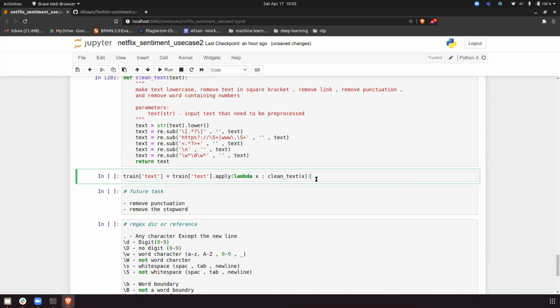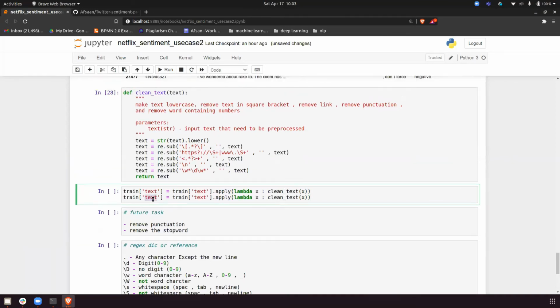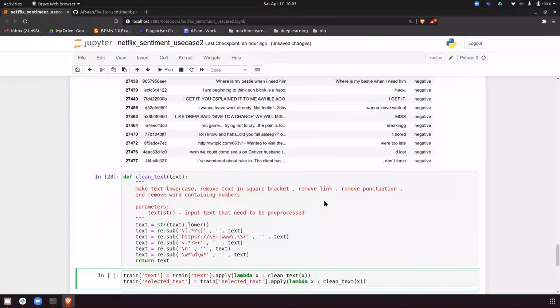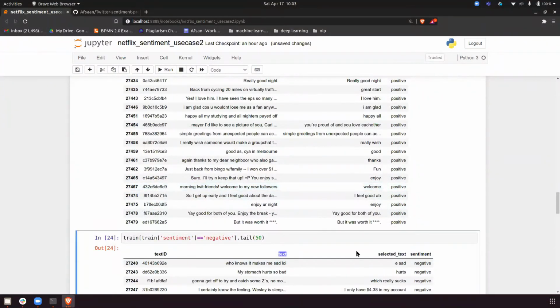So this is one way, and this is text, and this one will be also selected text. So basically I'm cleaning both the columns. One is the text that I have, and this is selected text.